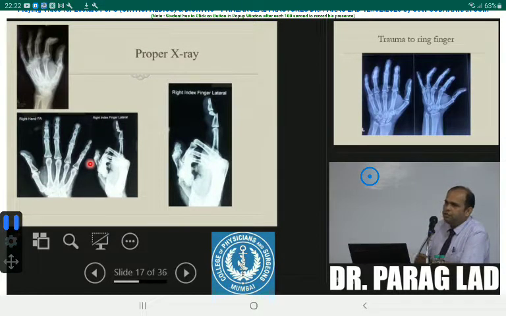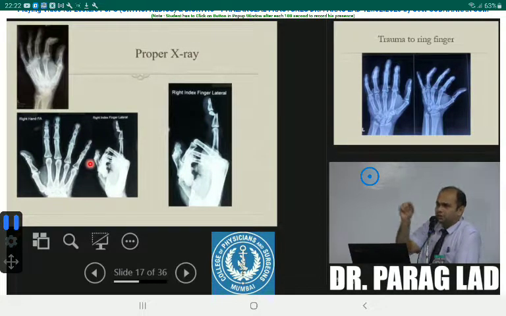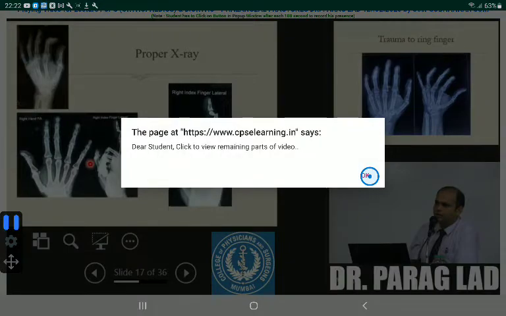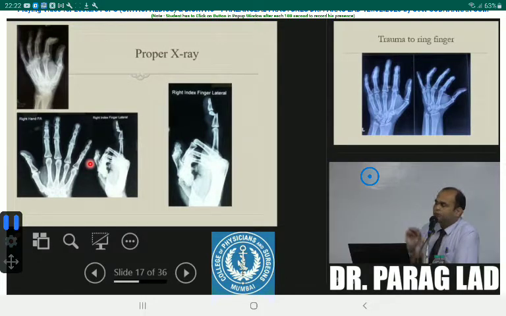Okay, accepted. What do you see in this? Is it a shaft fracture? Or it could be a neck of middle phalanx. Okay, and it is displaced. The head of the middle phalanx has fallen down. So it's a displaced, volarly displaced neck of middle phalanx fracture, right index finger. Is that clear? It is possible to comment on X-ray only if you take a finger X-ray. Is that clear? Now, does it need conservative treatment or operative treatment?